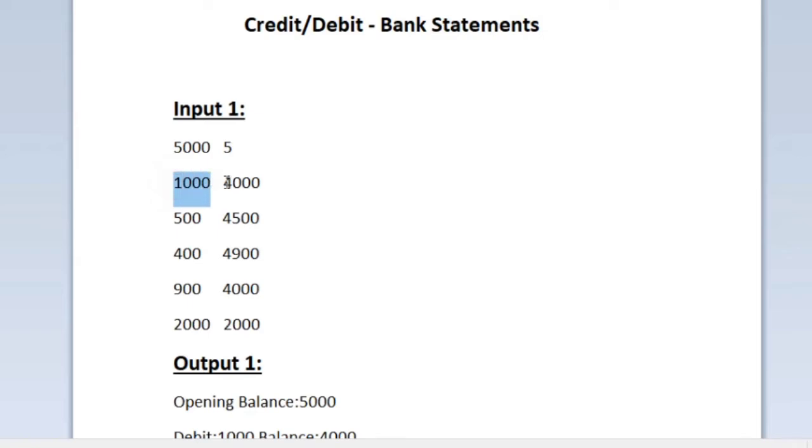After the first line, we are given 5 lines of input, and in every line we are given two integers. The first integer represents the transaction amount, and the second integer represents the updated balance amount. Now, using these n transaction values, our task is to find out whether the transaction is a credit or